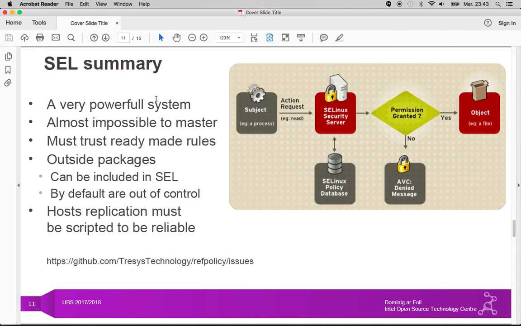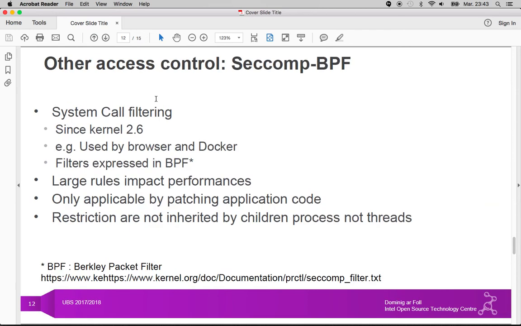I've added to this lesson one specific type of control. We already talked a little bit about it, but I believe that it fits quite well there, because it's complementary, but it's not always applicable, which is seccomp-BPF. So it's a system call filtering. It allows you to set a filter on what calls you can do into the kernel. It's been there for quite a bit of time. It's used mostly by browsers and by container technologies such as Docker. The filters are